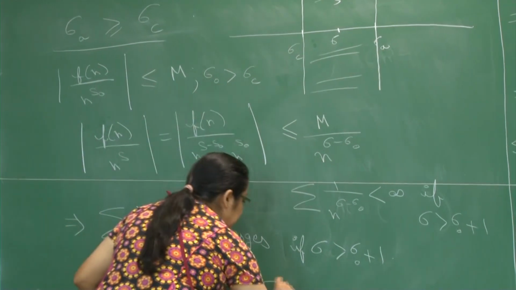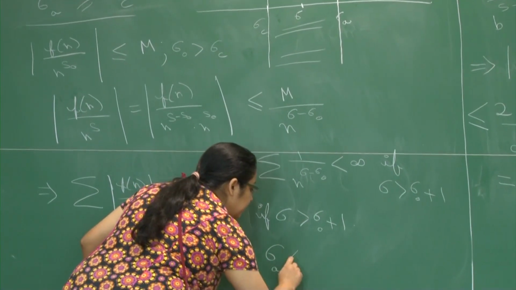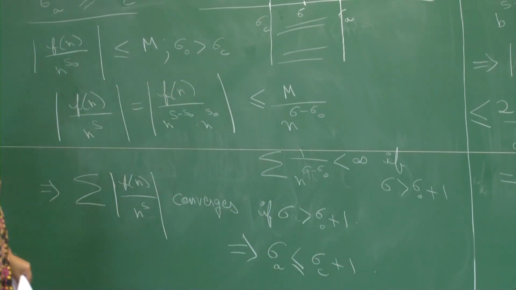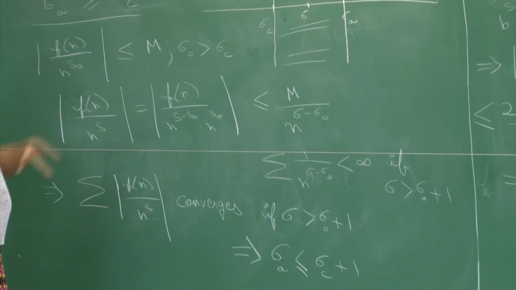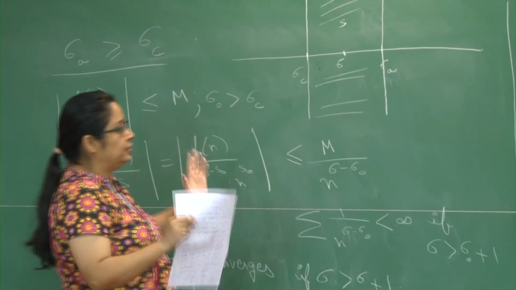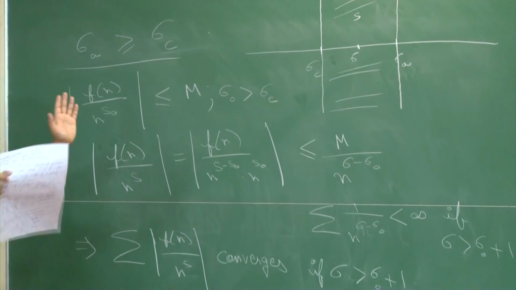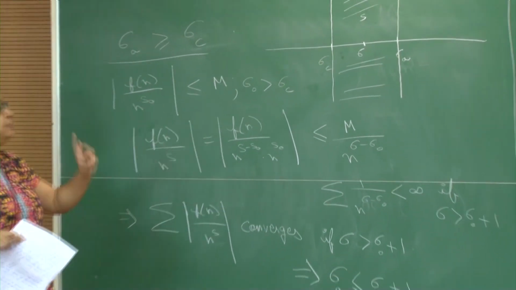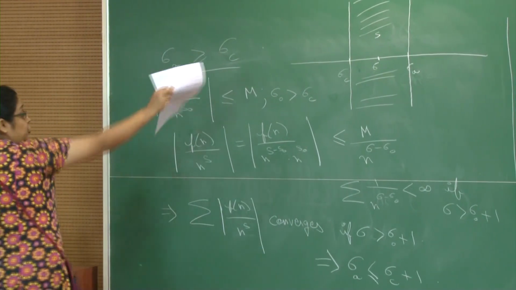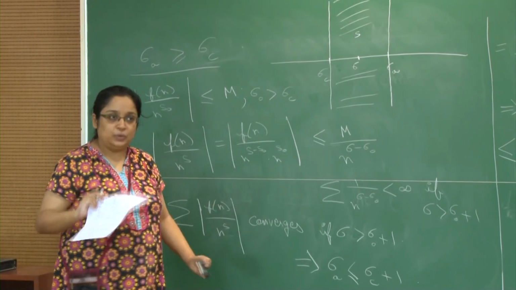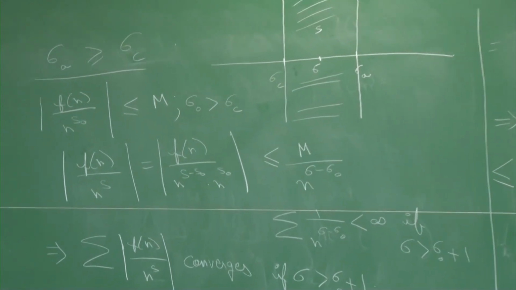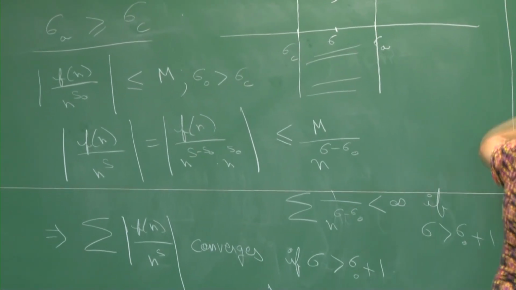So what this tells you is that your sigma sub a must be less than or equal to sigma c plus 1. So this is the observation that if the abscissa of convergence and absolute convergence are different, then the distance between them can be at most 1 in terms of the real parts. The breadth of this strip is at most 1. So this is an important observation. The other observation